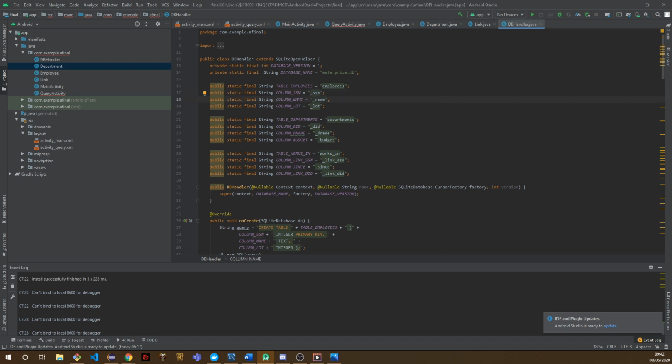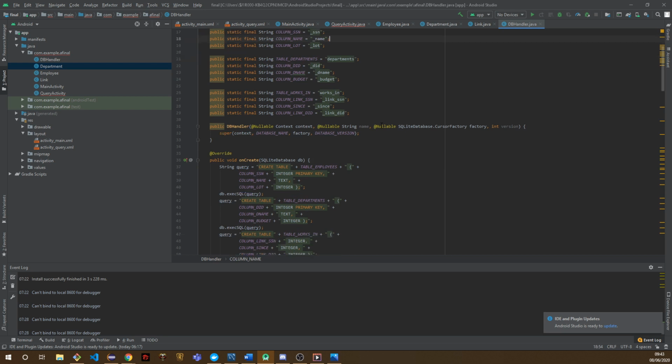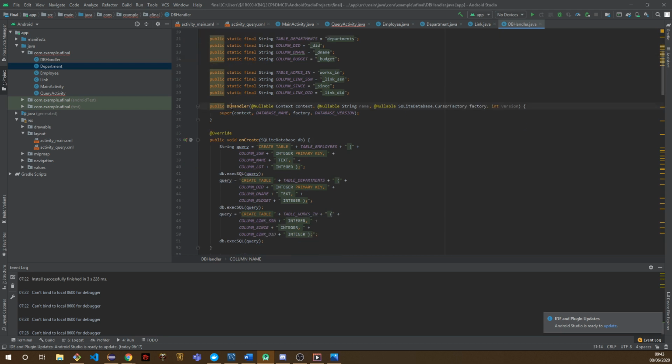The other really important part is to add the database version. Every time we change the structure of the database, we need to increase the version. And the database name: here it will be enterprise database, since the employee and the department represent the structure of the enterprise. Next we have the constructor to create a SQLite database. It needs a context, a string for the name,